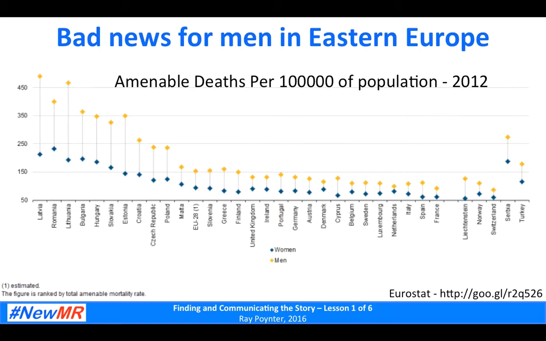And now we can see there are 2 or 3 interesting messages coming out of that data for different audiences. The first one is at a pan-European level, men have more deaths that shouldn't have happened than women. So that is something we need to be aware of. Is it associated with smoking? Is it associated with drinking? Is it associated with turning up for treatment later? How can it be tackled?